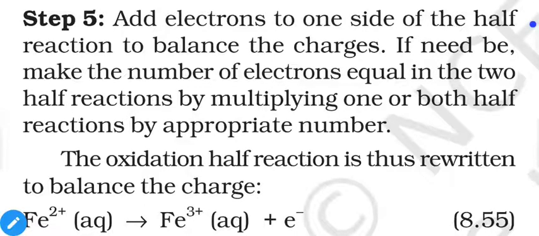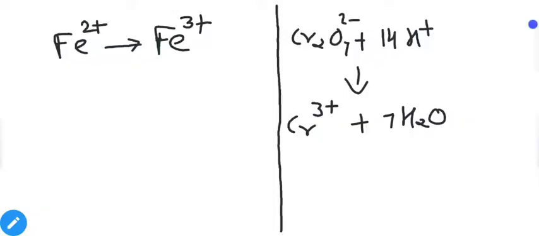So in both of our half reactions, these are the two half reactions. First is oxidation, second is reduction. Now the oxidation state of chromium in Cr2O7 2- is +6. If you have any doubt, you can check it yourself. If you do not find the oxidation number, then tell me, I will explain. So right now, let's discuss the charges for the oxidation half reaction.